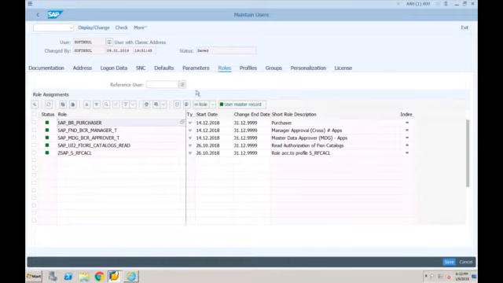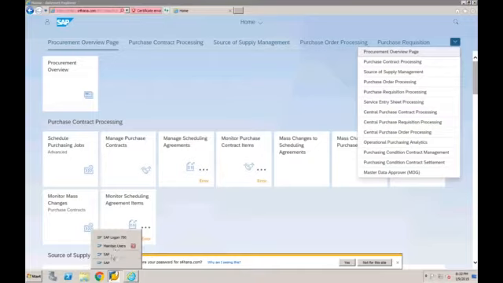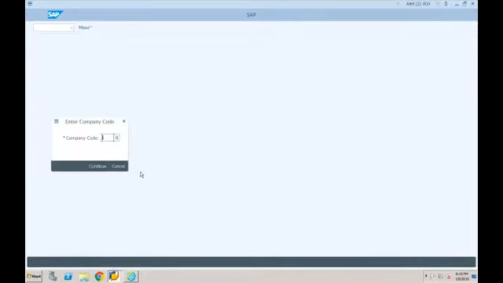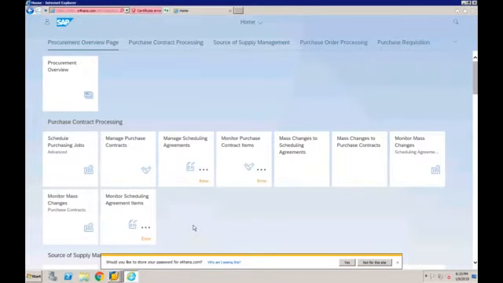As I told you, roles are independent for traditional GUI and SAP Fiori. So an SAP Fiori role will only allow you to see the transactions here. It will not allow you anything in the traditional GUI. Similarly, traditional GUI roles will only allow you to access the screen in traditional GUI, and will not allow you to have anything in SAP Fiori. This is about the role concept, and that is the reason SAP Fiori apps are called role based. This is completely role based.